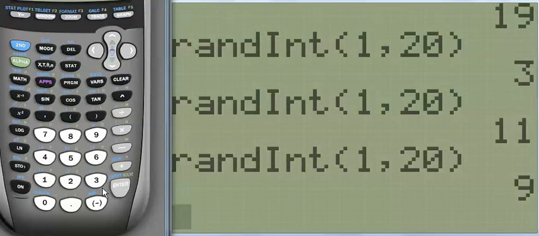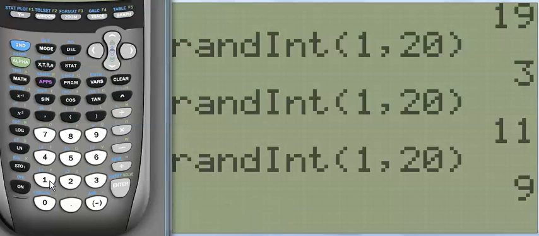So what you want to do before you use the randInt command ever is you want to seed it. You use a random seed that's not something that's 0. So just because it's 2014 right now, I'm going to use 2014 as my random seed. What you should probably use is the year of your birth and the month of your birth. So if you were born in, say,